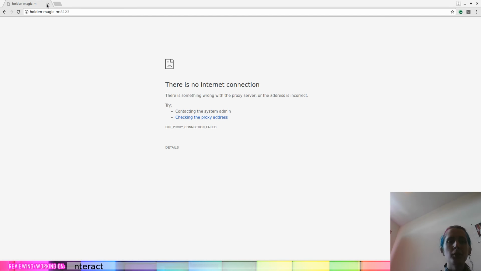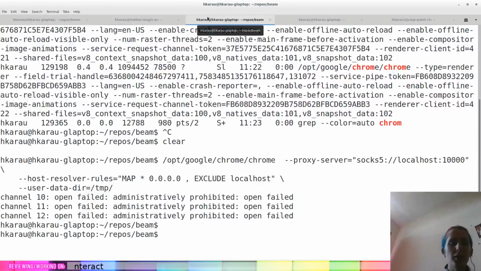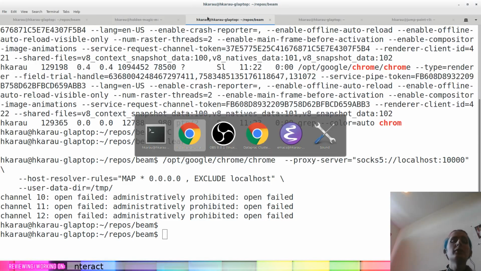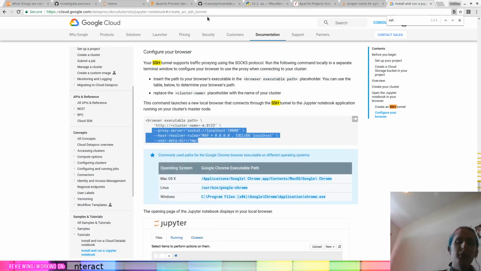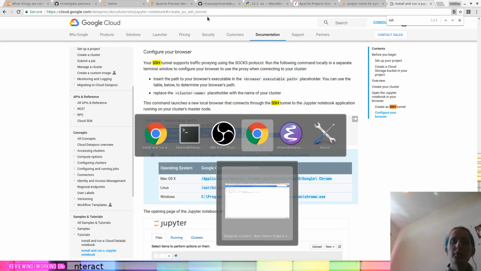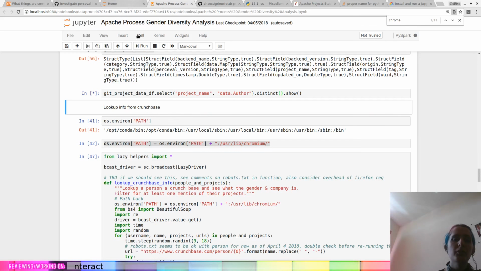Oh, it looks like these directions are not super happy. Open failed: administratively prohibited. So it looks like the SOCKS proxy is currently not allowed to run because I'm probably running a different version of SSH. Damn it. This is what happens when I customize my stuff and then it doesn't work quite the way I want it to. Let's hope that this thing is finished. It's not. That's just getting frustrating.